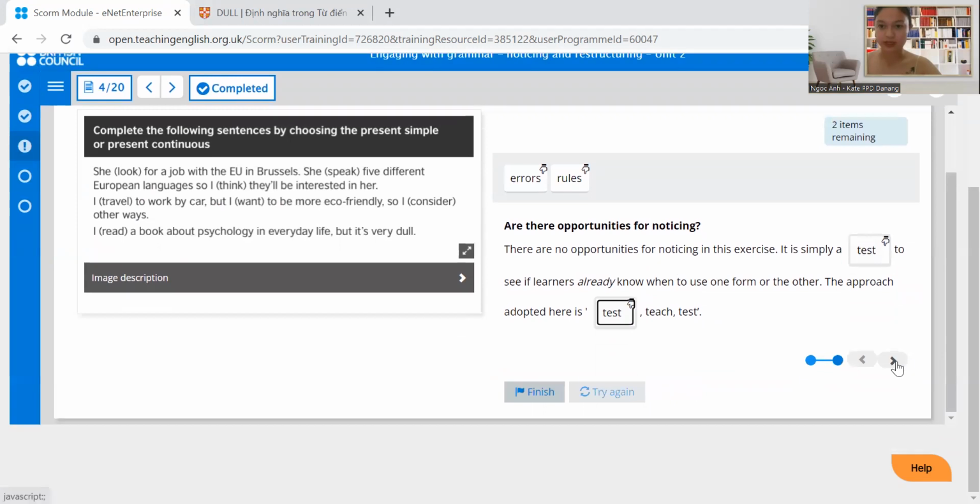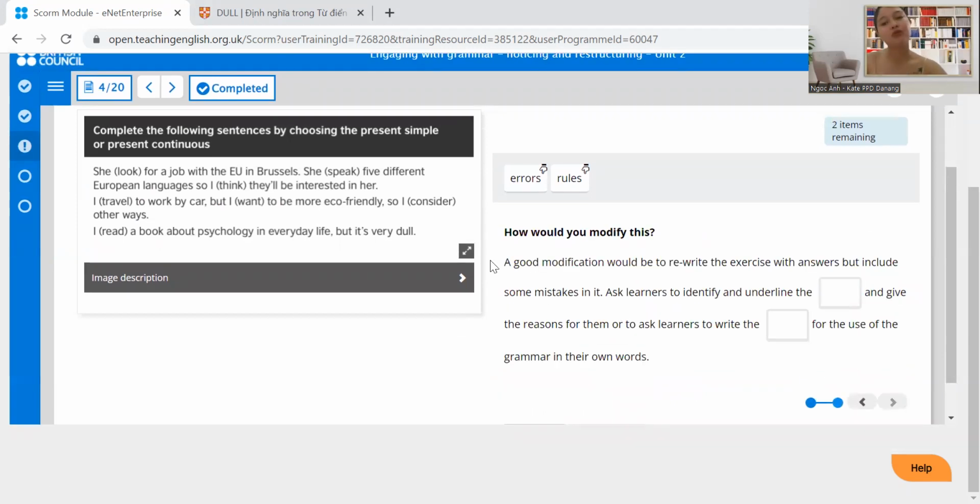So how could you modify this? Okay, so a good modification could be to rewrite the exercise with answers, but include some mistakes in it. So instead of testing your students to use the present simple or present continuous here,